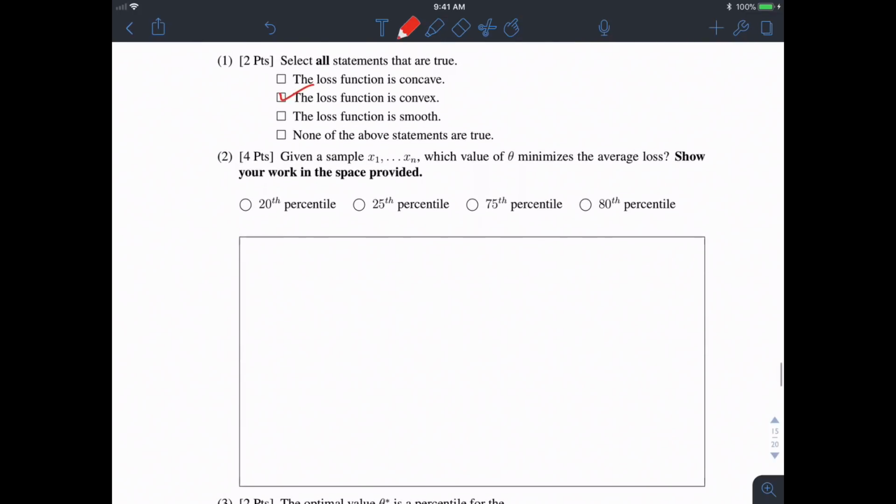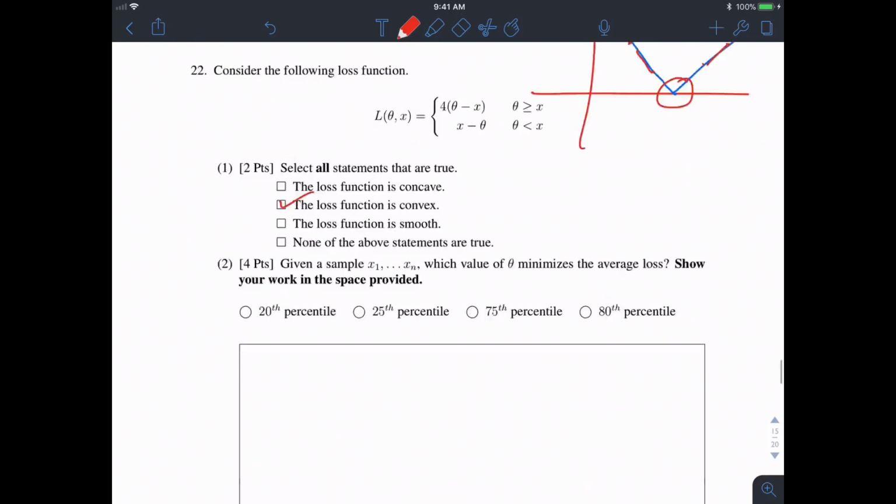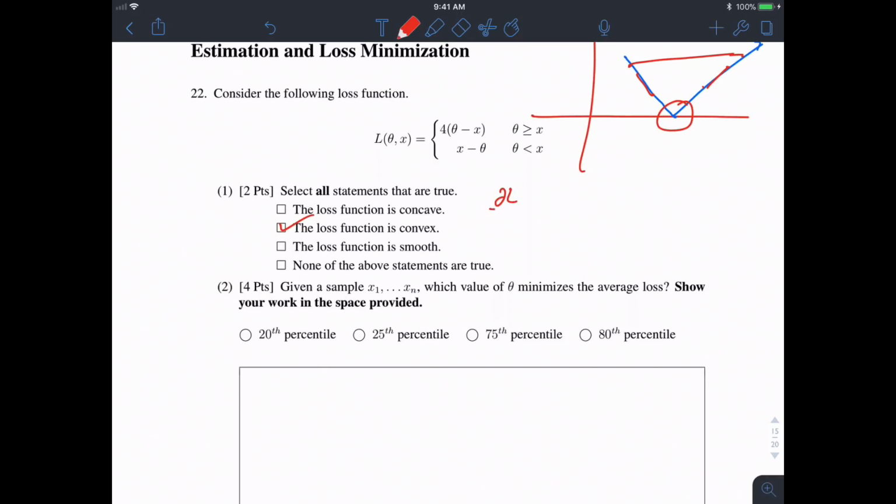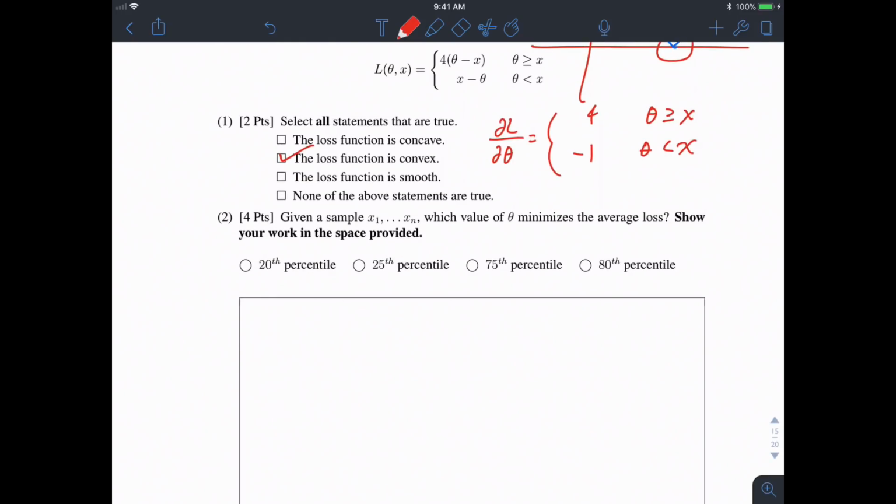Now, given a sample of x1 to xn, what is the value of theta that minimizes the average loss? Show your work. Okay, so let's take a look. I guess first we can differentiate our loss function with respect to theta. And again, since the loss function is piecewise, the derivative will also be piecewise. It's equal to 4 in the case where theta is greater than or equal to x, and it's equal to -1 in the case where theta is less than x. Now, if I take my loss to be the sum of losses for all i, i going from 1 to n, of the loss of theta and xi,